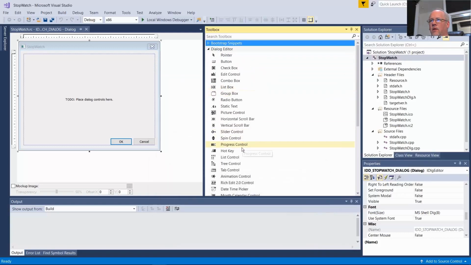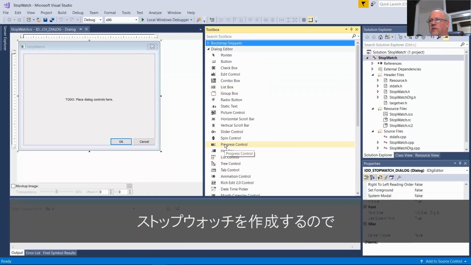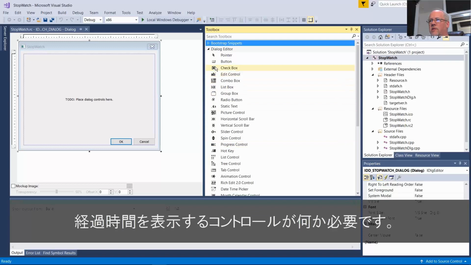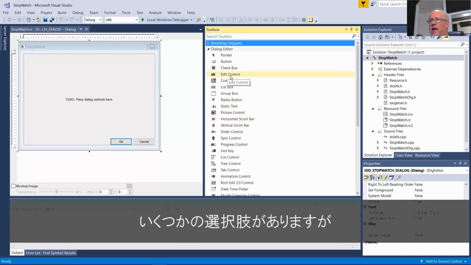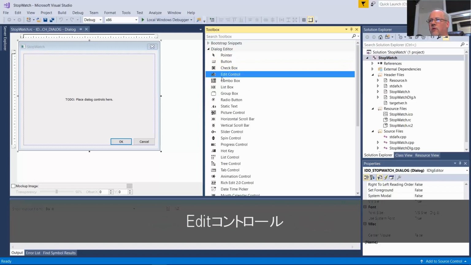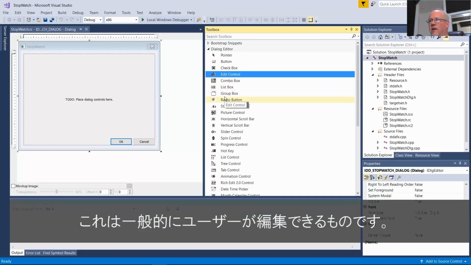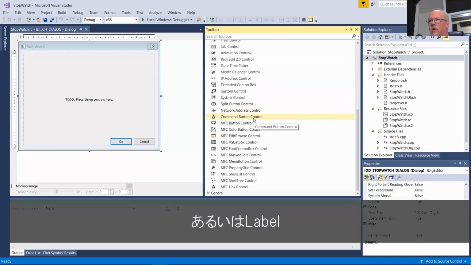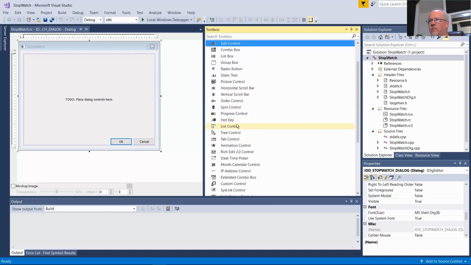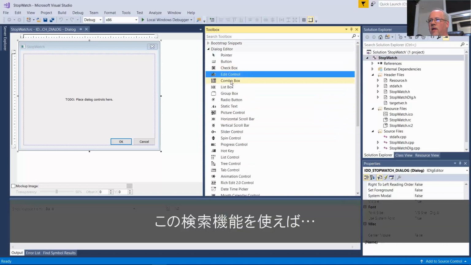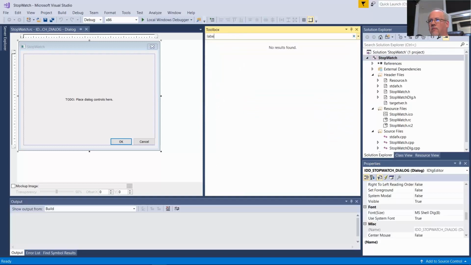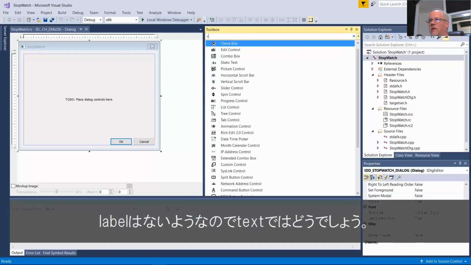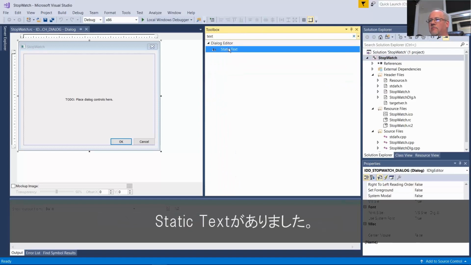Okay. Since we're going to have a stopwatch, we're going to want some kind of representation of the elapsed time. Some options we have are like an edit control. Typically, that would be something where the user could edit it. You'd also probably have a label. You have a search facility here. No label. How about text? Static text.